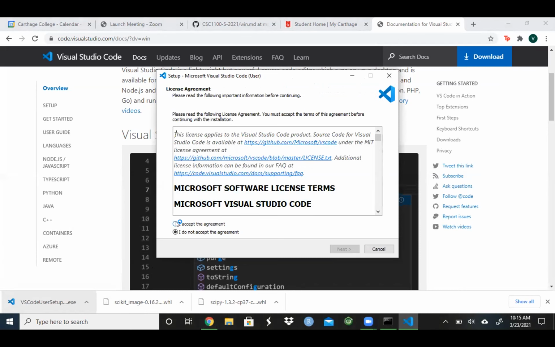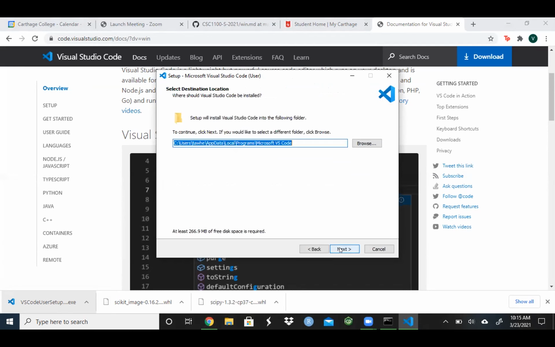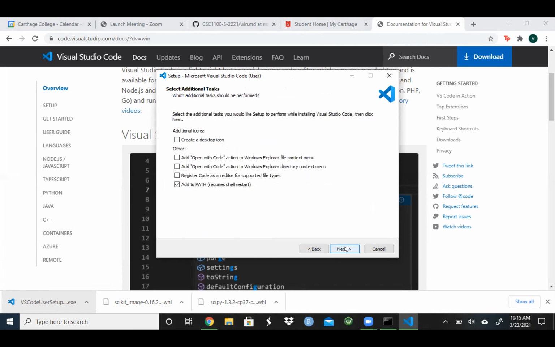And you have to accept the agreement that no one ever reads. Click next. And this default location is fine. And that is fine too, Visual Studio Code. Okay, click next. And here,